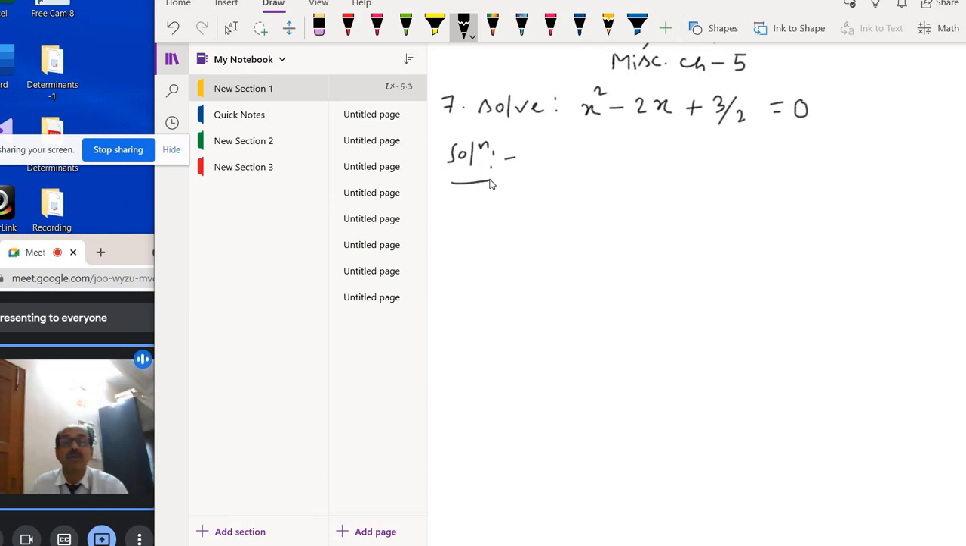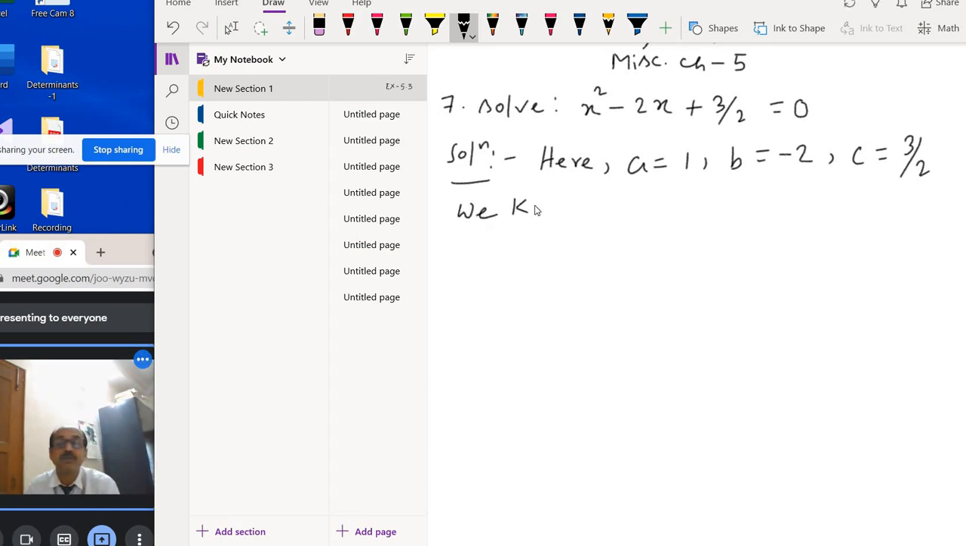So comparing with ax square plus bx plus c equal to 0, we get here a is 1, b equal to minus 2 and c equal to 3 by 2. Minus 2x, so b equal to minus 2. Okay. So we know x equal to